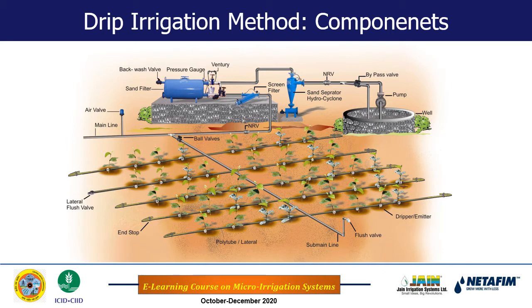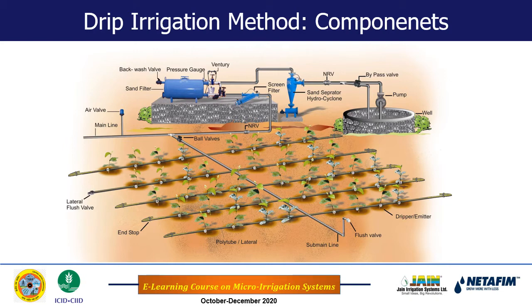As you see, there is a wetted area around each dripper. These drippers are mounted on the lateral, inserted on the laterals at a specified distance. In this particular scenario there is one dripper per plant, but this may not always be the case. There may be two drippers per plant, or in row crops the drippers are installed in such a way that the entire width of the row of the plant is wetted. The spacing between plants may be different, and spacing between the drippers on the lateral may be different, because it depends on the soil type,